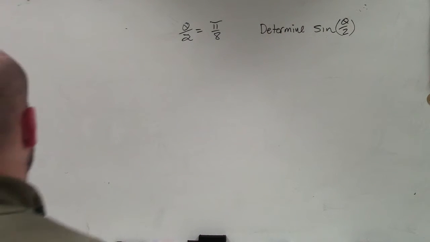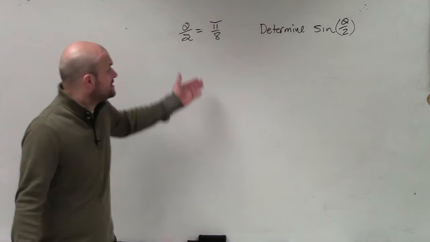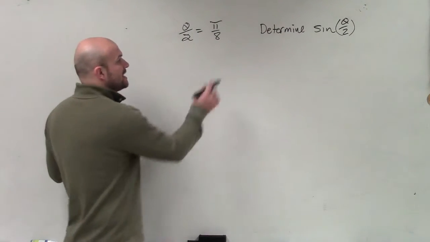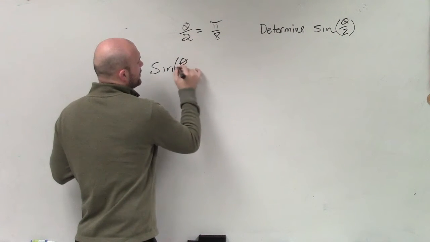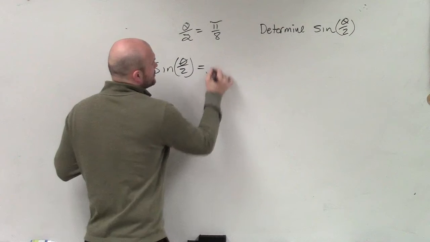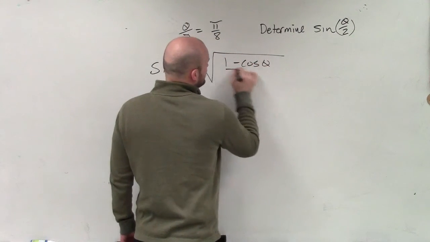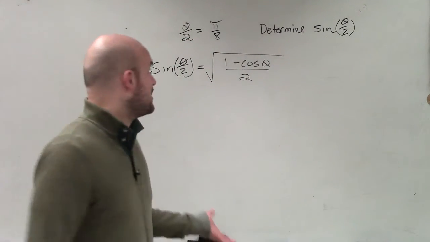What I have is to determine sine of theta divided by 2. So in this case, ladies and gentlemen, I say theta over 2 is pi over 8. Again, we need to know the formula before we go any further. Sine of theta divided by 2 equals the square root of 1 minus the cosine of theta, divided by 2. Right? So that means to evaluate this problem,